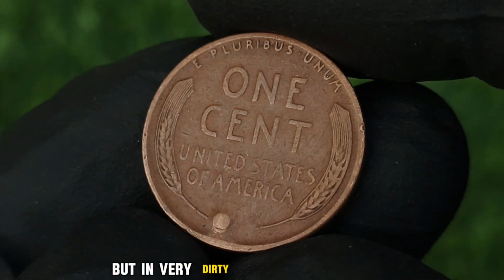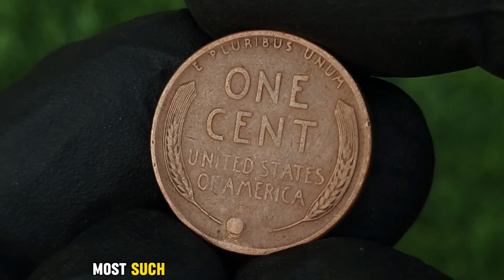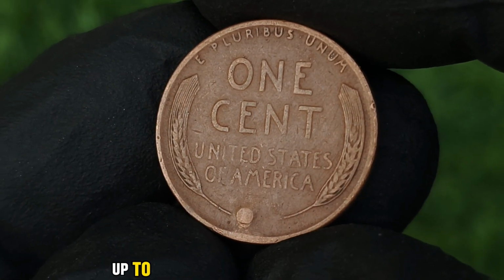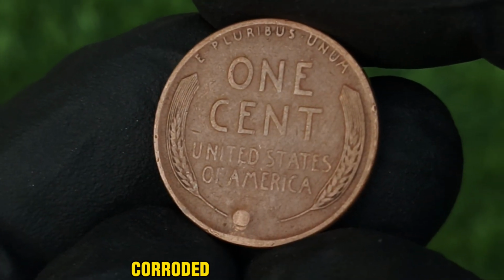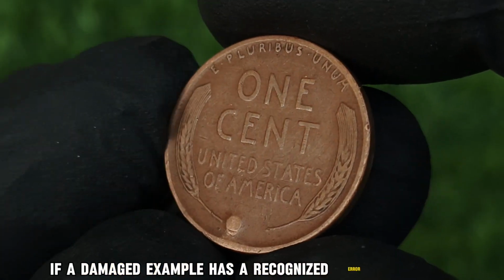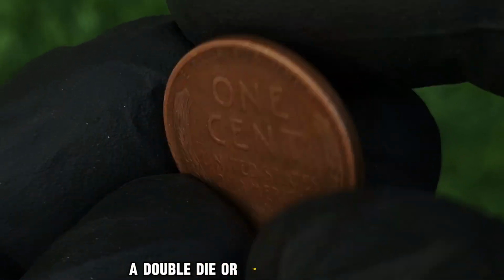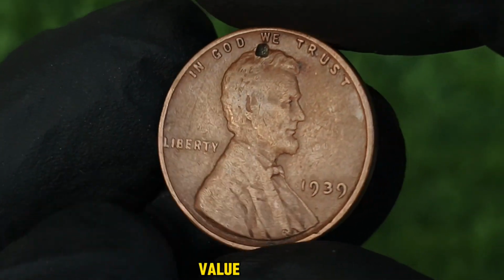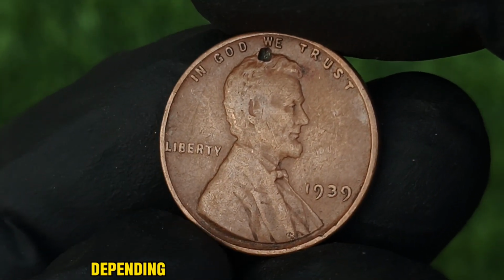But in very dirty or damaged condition, the value drops drastically. Most such coins are worth only a few cents up to perhaps $1 to $5 if heavily worn, corroded, or with missing detail. If a damaged example has a recognized error or variety still legible, for instance a double die, or the L on rim error, value may rise, perhaps to $50 to $200 or more depending on how identifiable